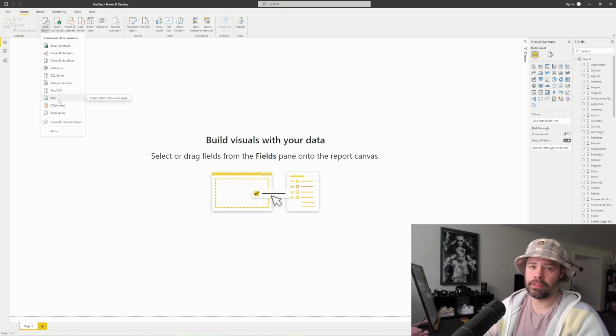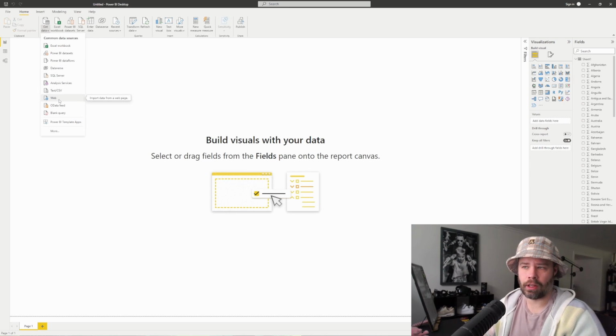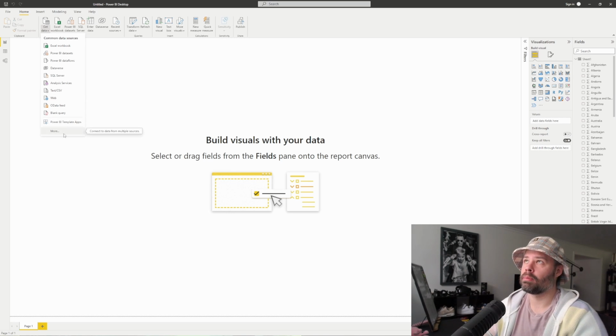Web is a good one, especially if you use SharePoint. If you have an Excel file in SharePoint or whatever data in SharePoint, you can use web and then take the URL for that SharePoint link and plug it in, and then it'll do the exact same thing we just did with the Excel sheet, but in SharePoint, okay? And if you want more sources, you can click on more,